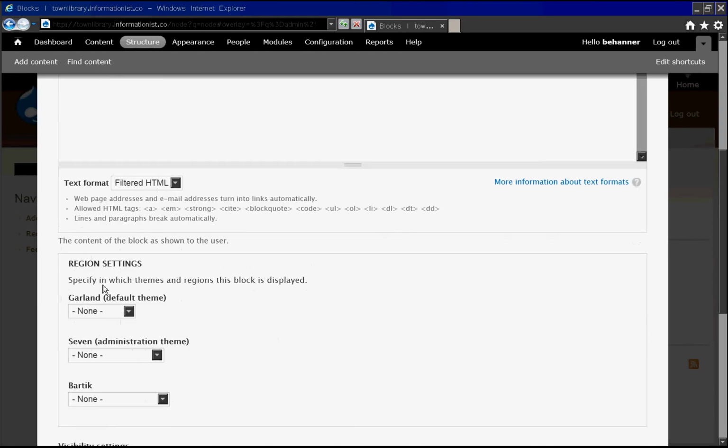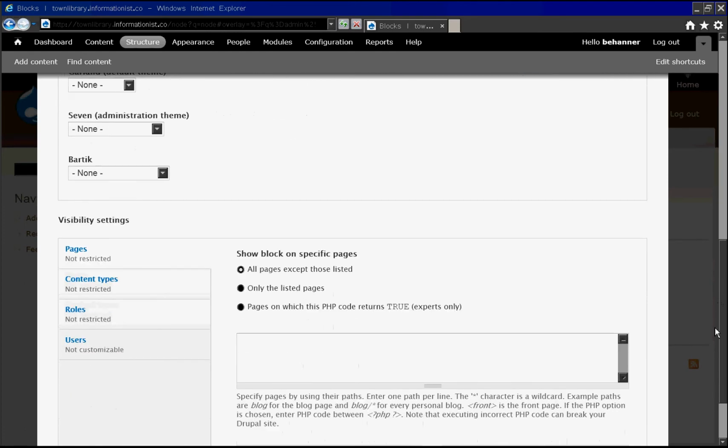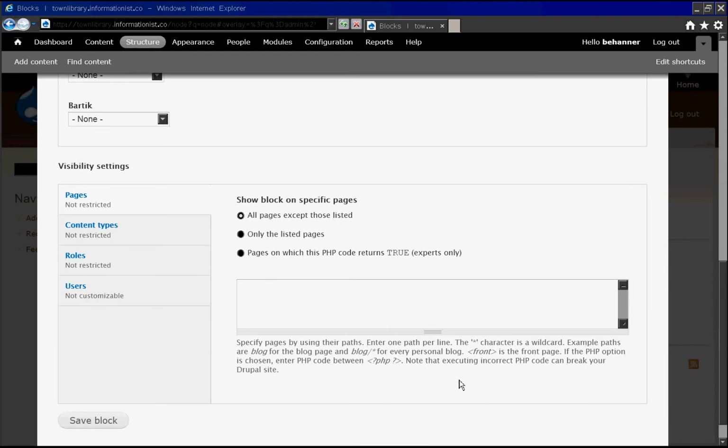Okay, and so then now we can set the regional settings either here when we create the block, and these are the settings that are enabled. Garland is the one that we have set, or you can also just save it, and you can also determine. So down here, you determine where that block is visible. So if you only want that block visible on the home page,